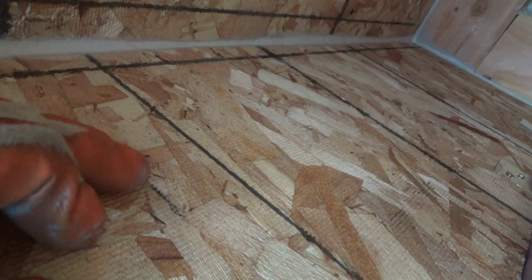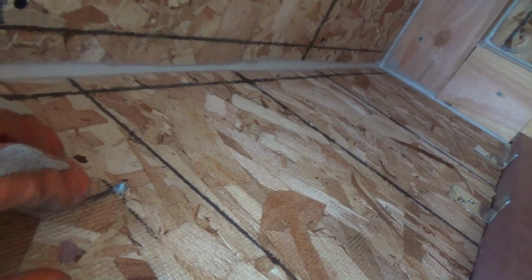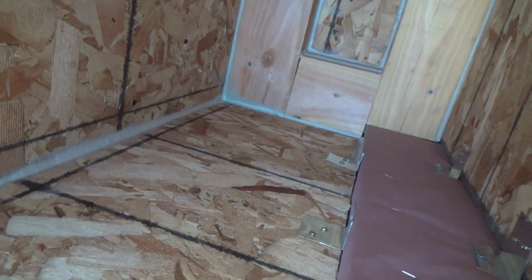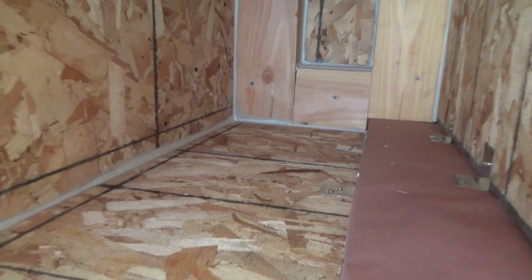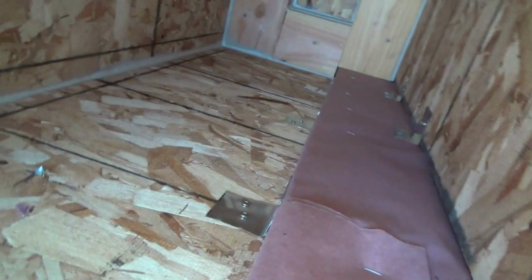Okay, and then the bolt. See the bolt right there? See it sticking out? Remember how I pre-drilled it? Because I wanted to make sure it went through there nice and easy. And there's a top one up there too. Let's see if you can see it. Right there. And I just have those stuck out a little bit, so when I put the 2x6